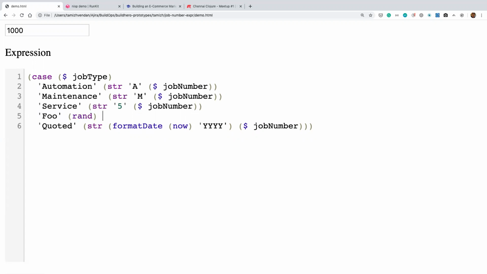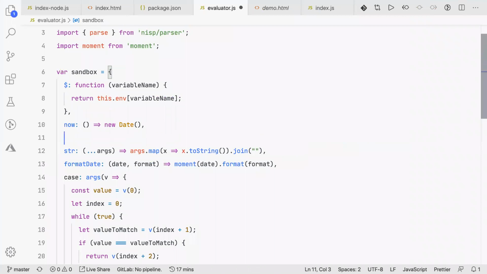This is the new tenant's logic. In this case, this random is not part of the sandbox yet. So what I do: they will come back to the developer and say, I want this DSL to include some random number generator. So all I'm going to do right now is throw some 42. Some random number generation logic is going to come over here.